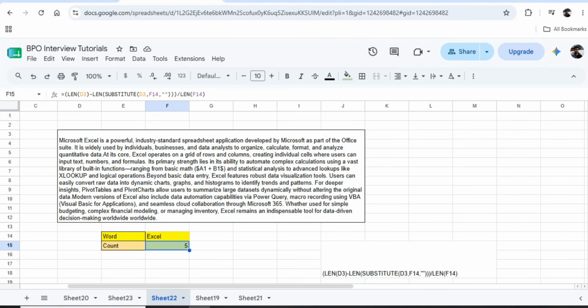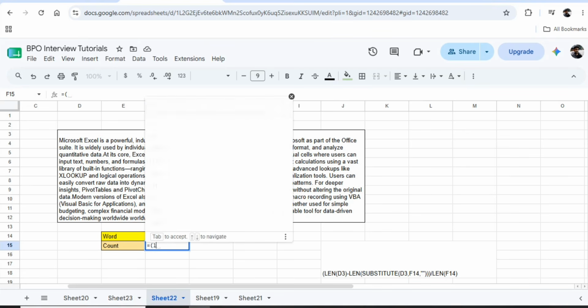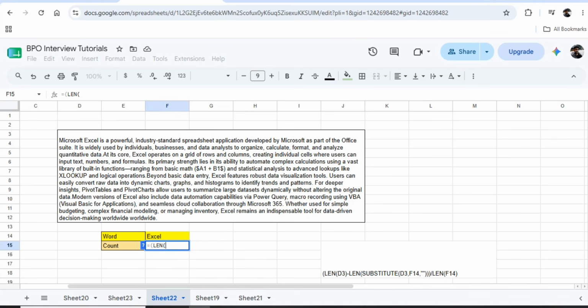Okay, so let's start today's video, wherein we will understand how to find a specific word using this particular paragraph. Let's start the formula. So what we have to use is LEN, length, and we have to select the paragraph. Then paragraph, done. Then comma, again use the length function,